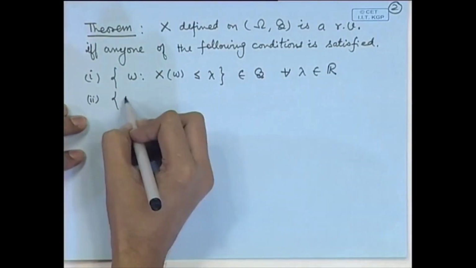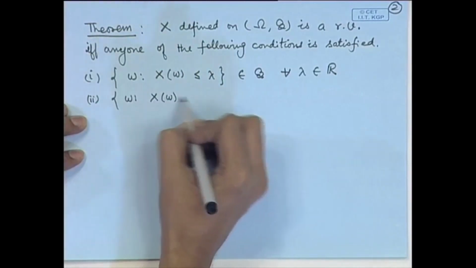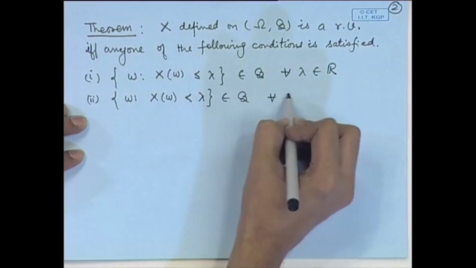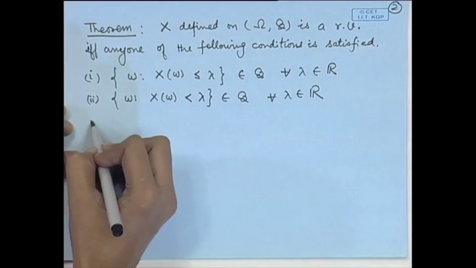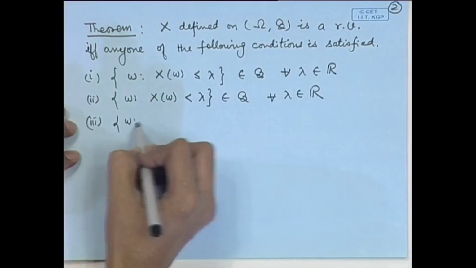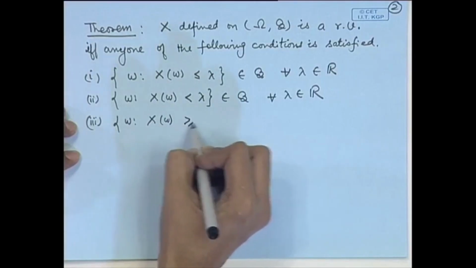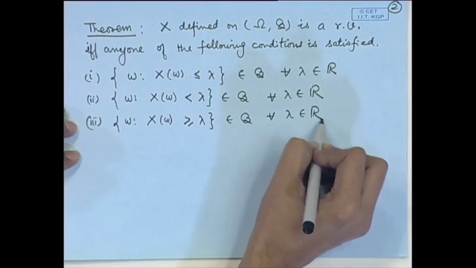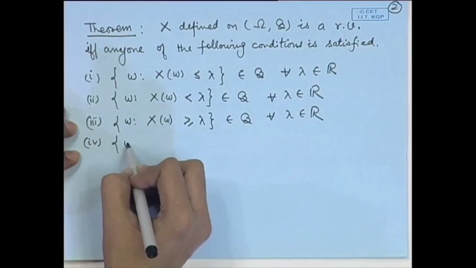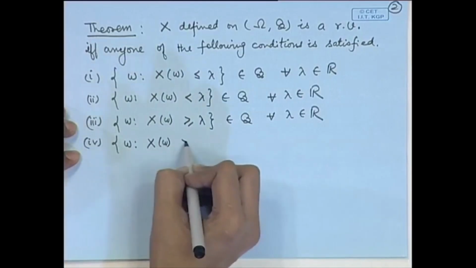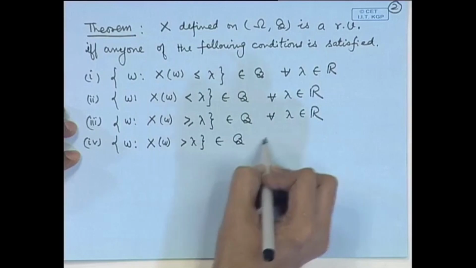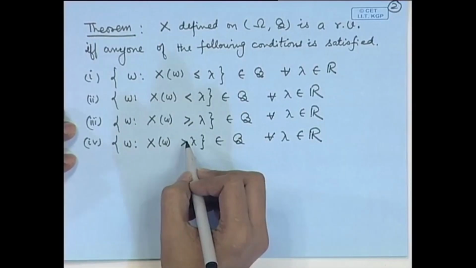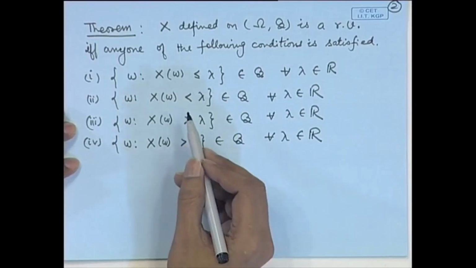The set of all those sample points such that X(omega) is strictly less than lambda belongs to B. The set of all those points such that X(omega) is greater than or equal to lambda belongs to B for all lambda belonging to R. The set of all those omegas such that X(omega) is strictly greater than lambda belongs to B. So, if any of these conditions is satisfied, then X is a measurable function and therefore, it is a random